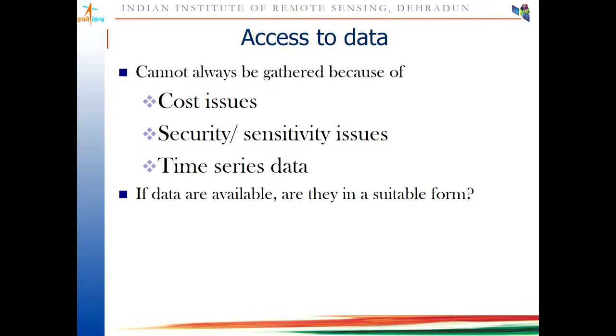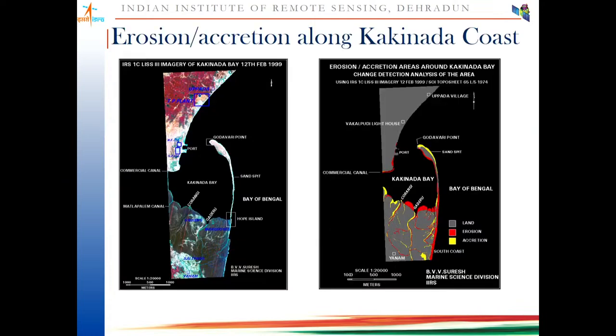You gather the data, you think things are over, like geology, geomorphology, soil, land use. No, there is time series data required, and if data is available, are they in a suitable form? If you are getting the data, are they in the right form? So these are the various issues, particularly security, sensitivity, cost. These are the issues. So I will just show you rapidly a few case studies which have been done in IIRS